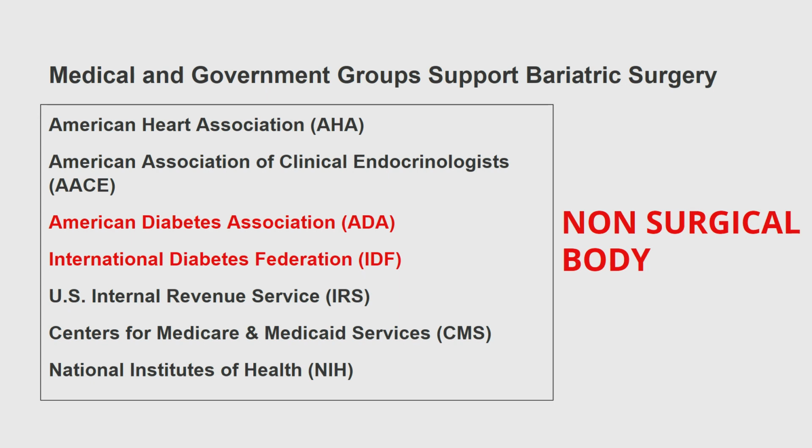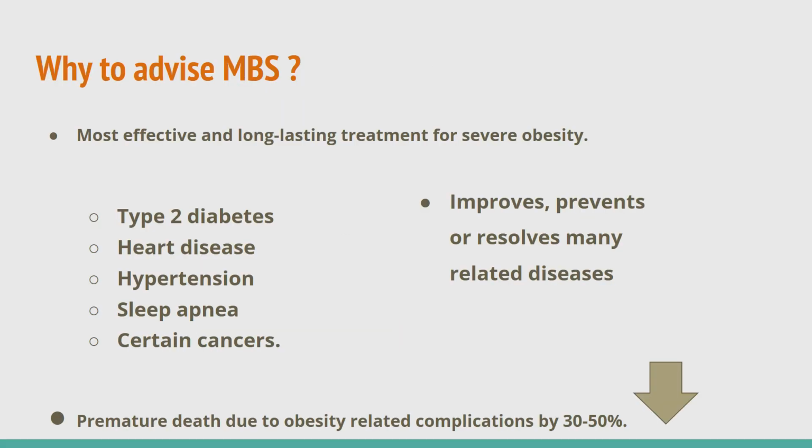The good thing about all these guidelines is that they have not been endorsed only by the surgical society. We would like to stress that all these guidelines have also been endorsed by many non-surgical societies worldwide, including the ADA, the American Diabetes Association, and the International Diabetes Federation, because diabetes is a problem worldwide, and in our country we are the diabetic capital. So why advise metabolic and bariatric surgery? Till now, there is plenty of evidence available in the literature which says that